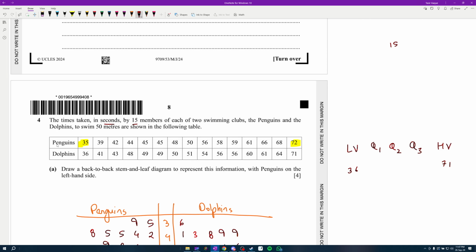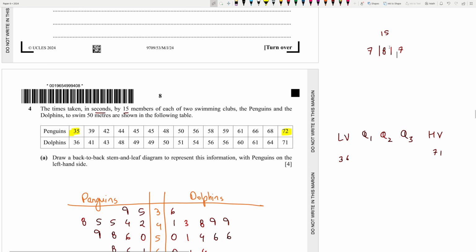The 8th value is the median, or Q2. And there are 7 values on the left, 7 values on the right. Since 7 is an odd number, 7 plus 1 divided by 2, which is 8 by 2, is the 4th value. So the 4th value will be Q1, the 8th value will be Q2, and after the 8th value, the 4th value again will be Q3.